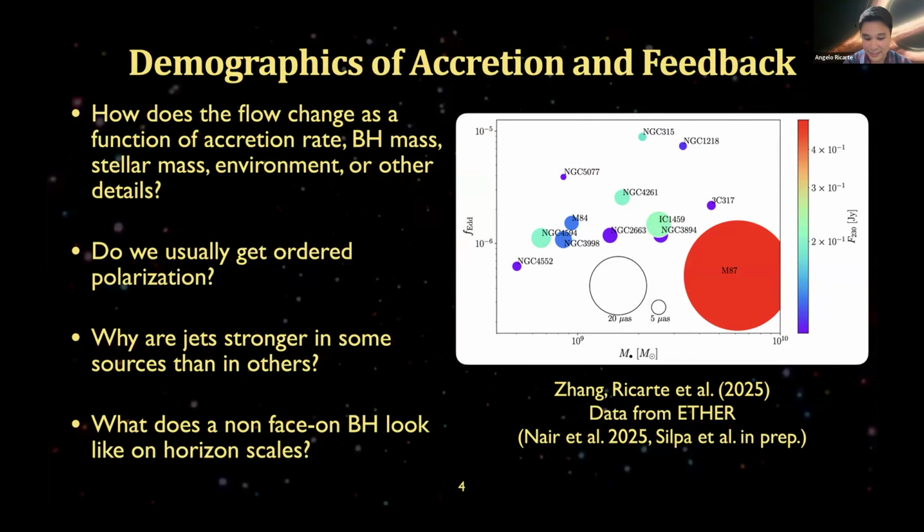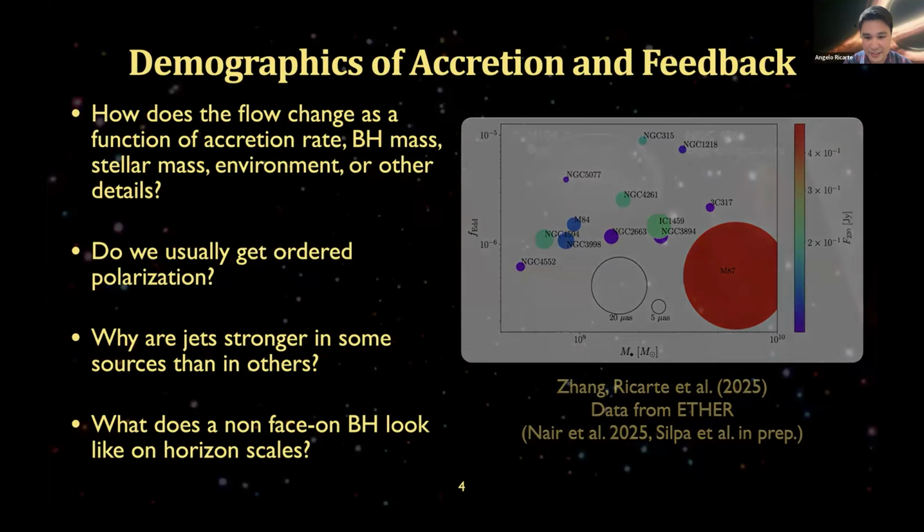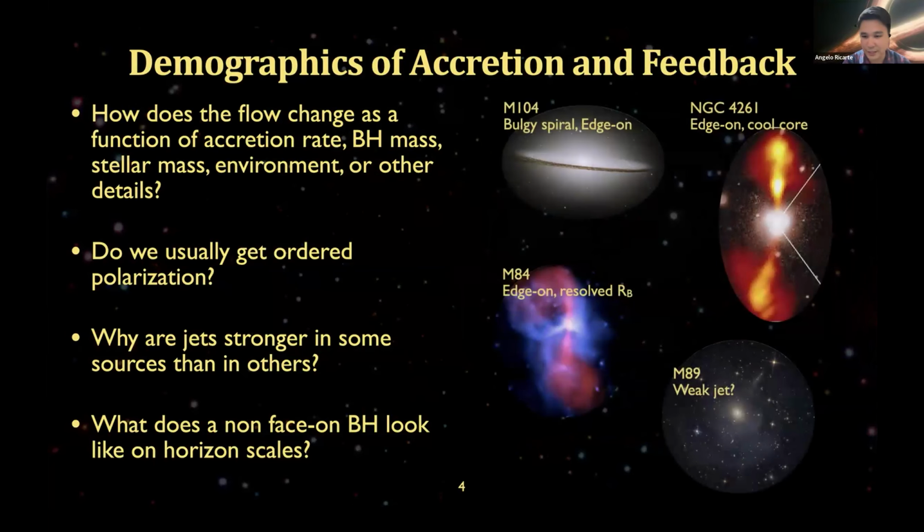I mentioned some of the different galaxy morphologies. We have radio loud and radio quiet, a cool core in there, edge on versus face on. The more objects you have, the more dimensions you can start doing comparative studies. I think that with 10-ish, we're able to make a compelling case for many of these.